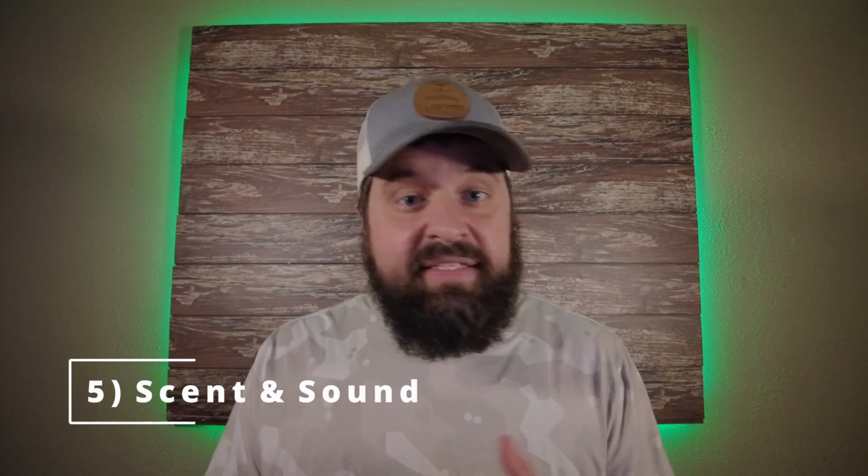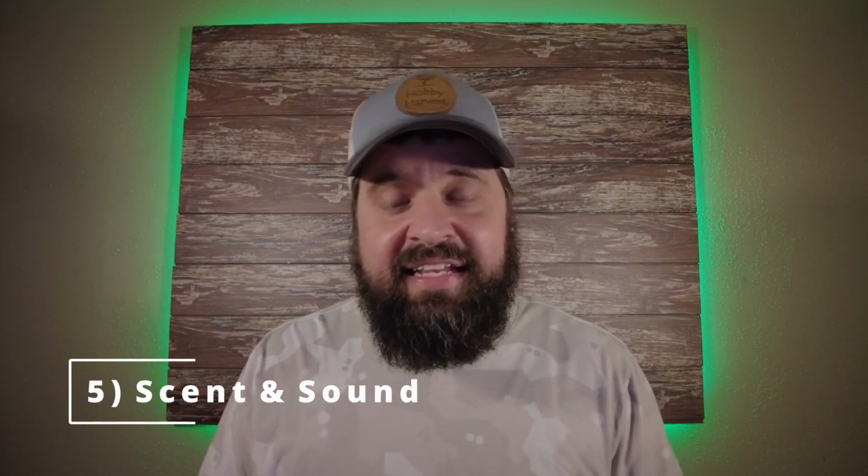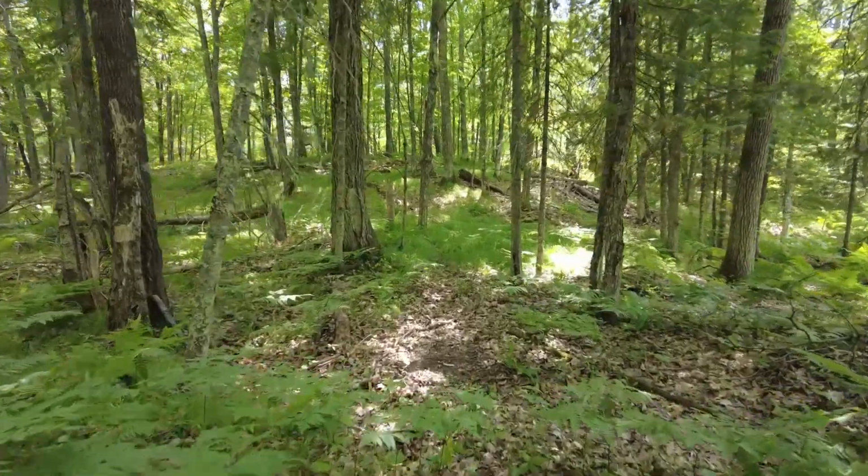So the fifth failure I want to get into on big woods properties is pay absolutely no mind to your scent and your sound while on stand or while you're accessing into that stand. So like I said, if we're going to walk in on top of that hill to get all the way back to that stand that's way in the back corner, we might as well also make sure that our scent is blasting right into a bedding area that's a couple hundred yards downwind. That'll make sure every deer in that bedding area goes the exact opposite direction,